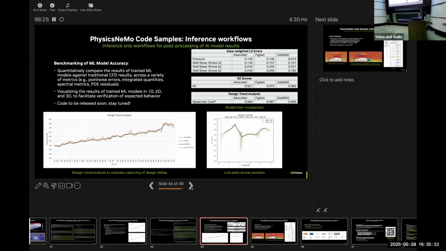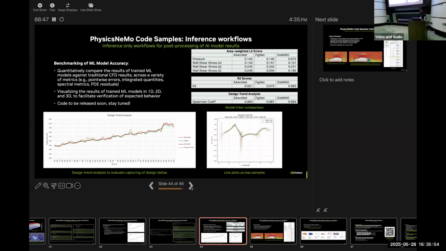Some of the other stuff that we are working towards, I think there was one question earlier, how well do these models compare to the simulation? So we are working towards releasing these benchmarking workflows that will hopefully be useful for a variety of different CFD applications.